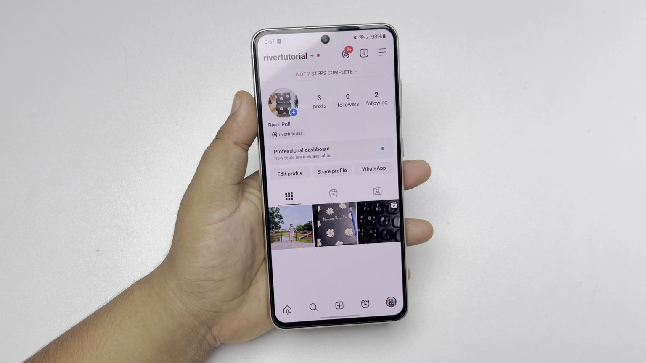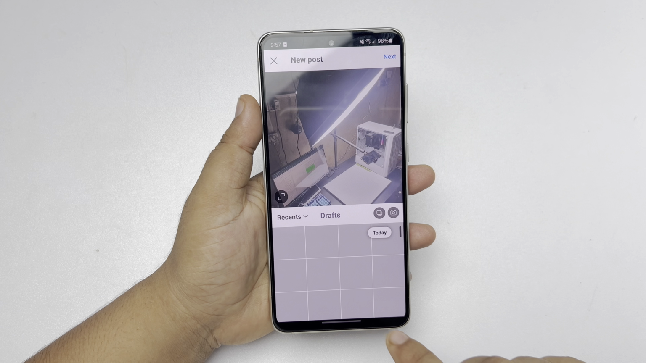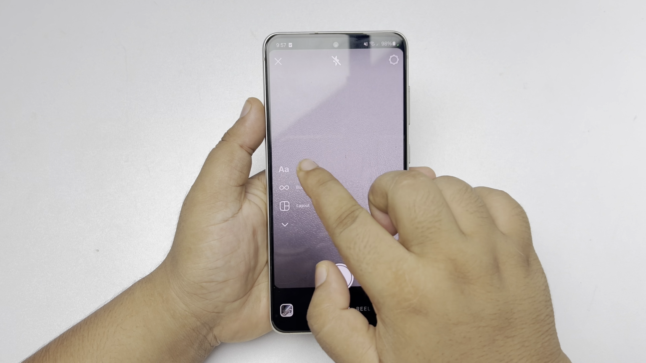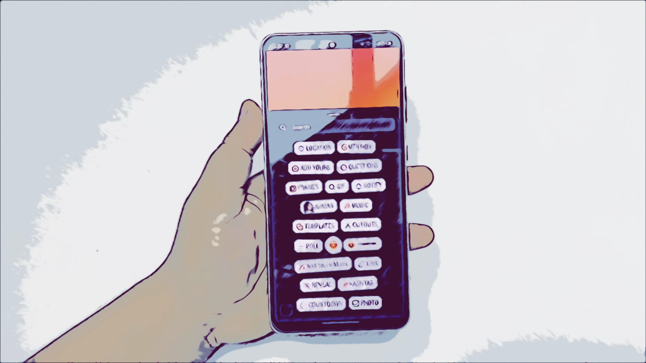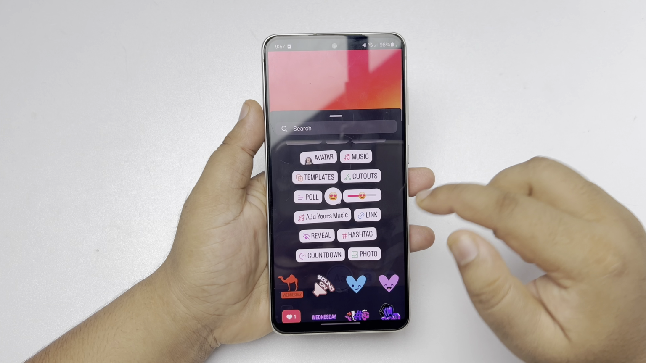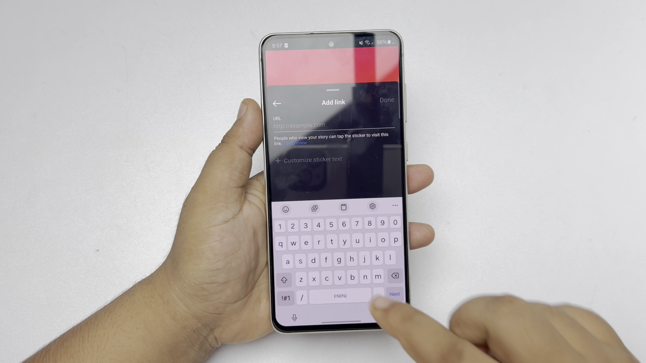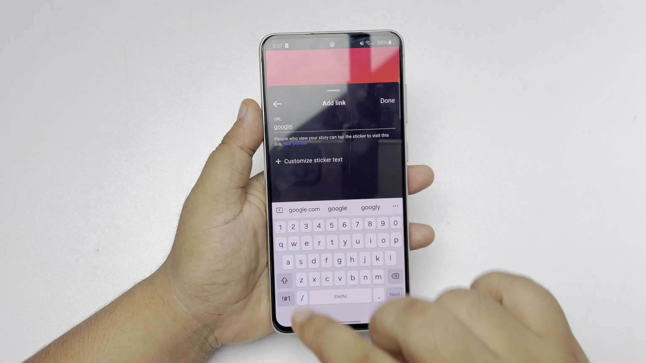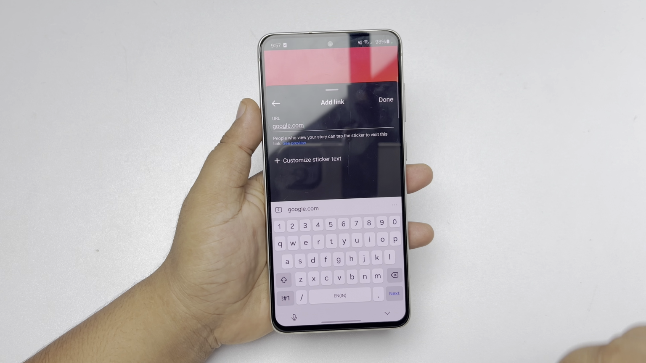and it's time to add a story here. So I'm creating a new story. On Create, tapping on Sticker, and here adding link. And in this link box, go ahead and add your link. And just tap on Done